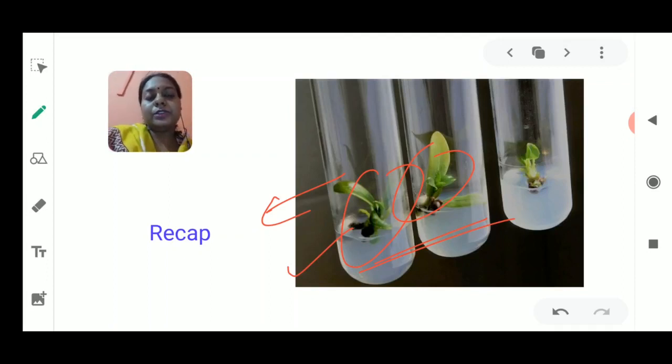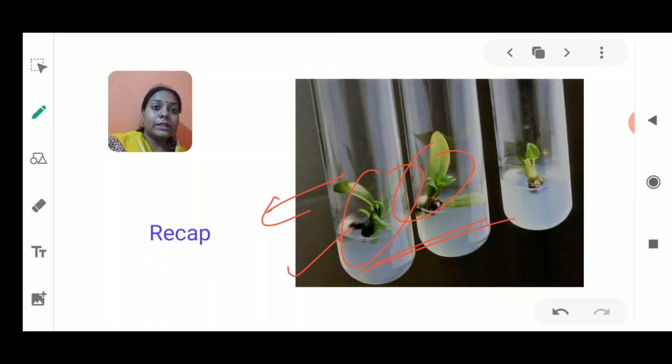This helps the scion to stick to it and be joined over it. Once they are joined properly, it develops into a complete plant. After the development of the complete plant, after some days, you will see that the two stems have become one. Once they are joined together, they give rise to the desired characteristics of the plant.